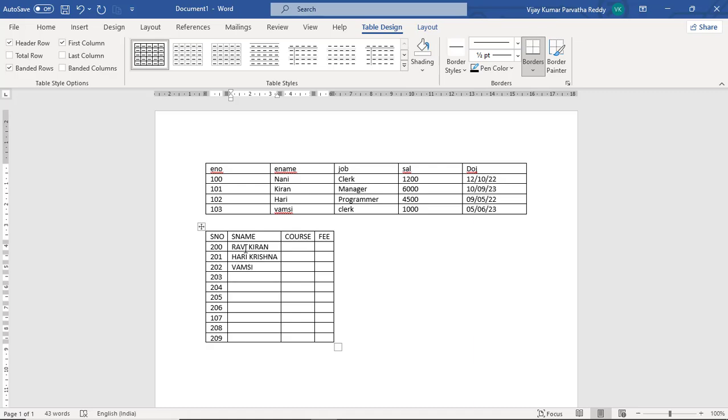Vamsi and Varun, I can say, and then so here